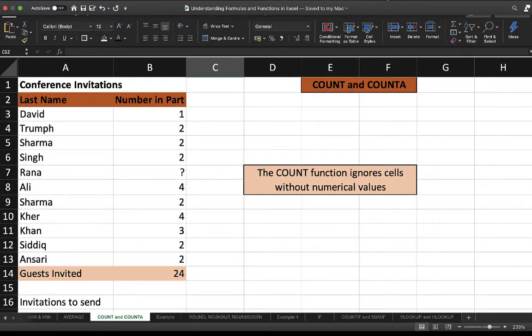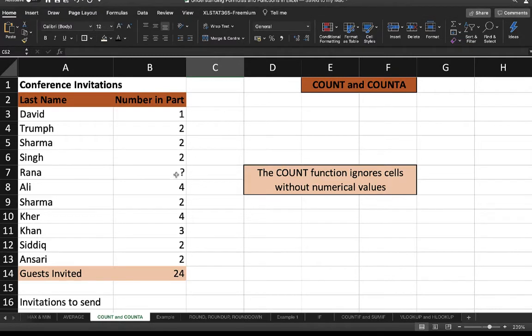The COUNT function only counts the number of cells that contain numerical values in a range, and it will completely ignore blank cells and any cells within the range that don't contain any numerical values.